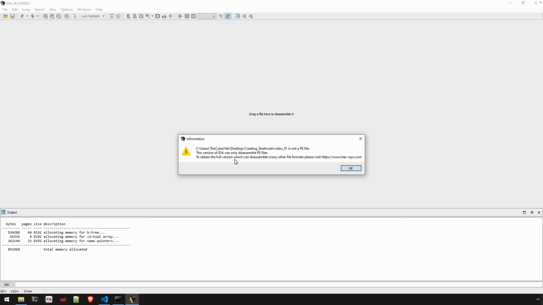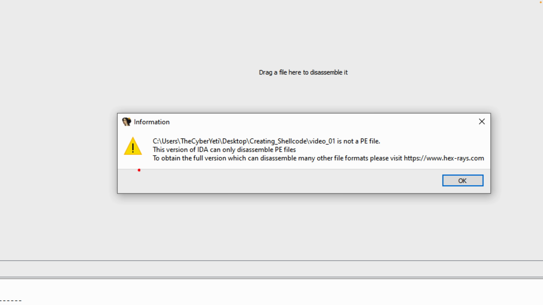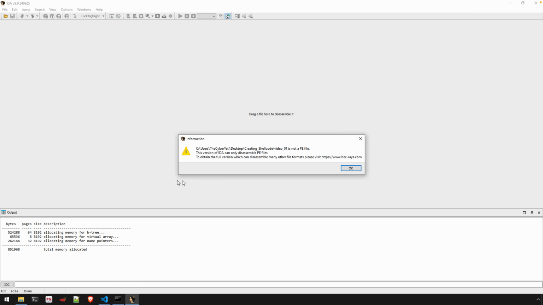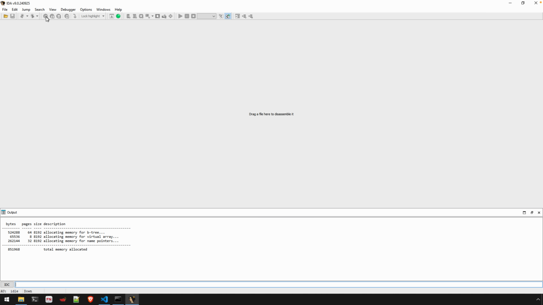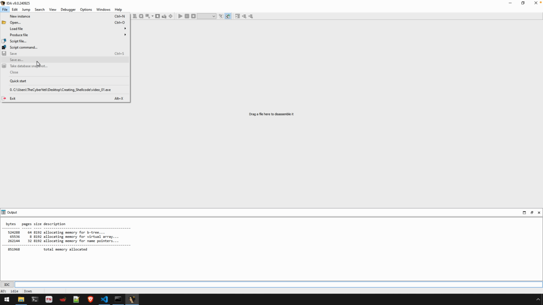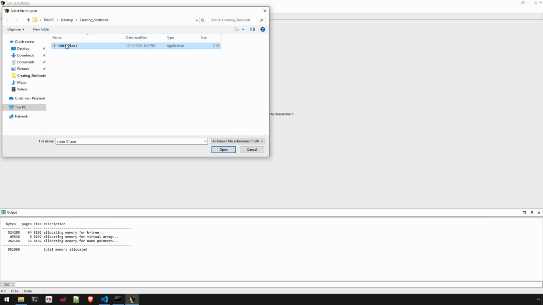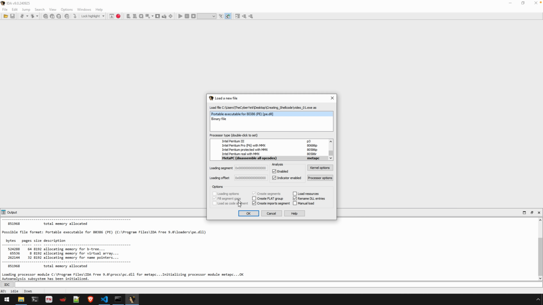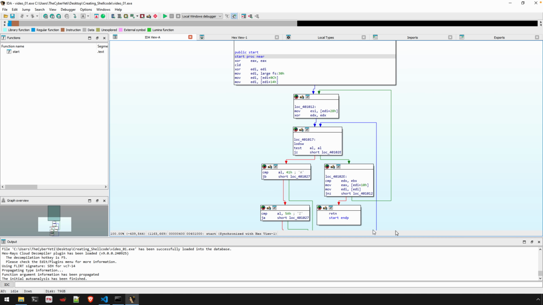Double click on that, and you'll see that IDA, and this has long been one of the limitations with the free versions, IDA will only disassemble PE files. So in a way, it kind of helps us around some of those limitations that are tool-based. Otherwise, it just opens up all of the tools that are for PE files only, and allows them to work with essentially our shellcode. So now if we go to video 01, which is the file that we just produced, and we disassemble it with IDA, you can see